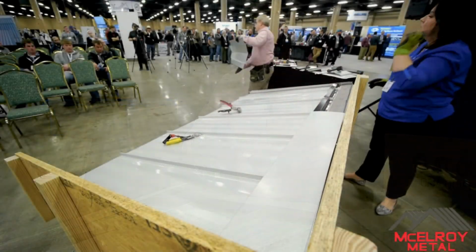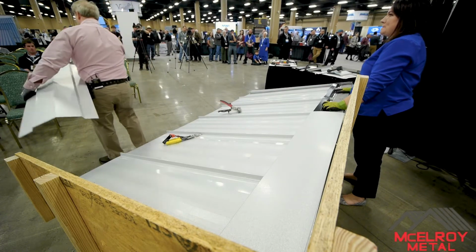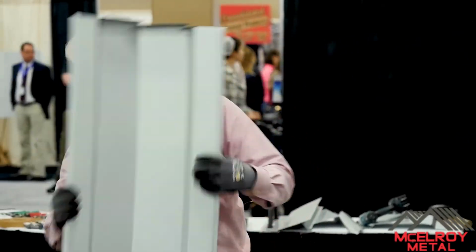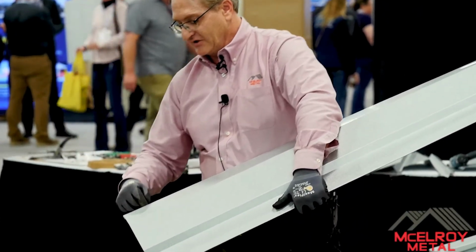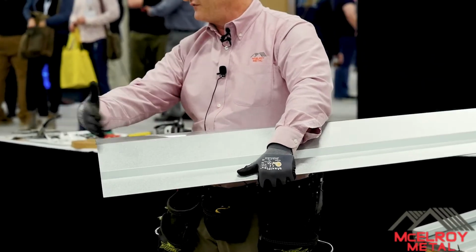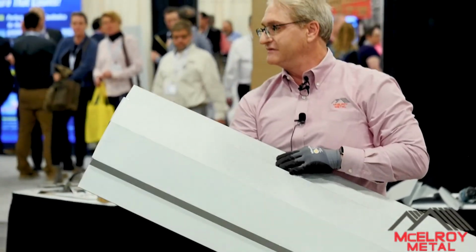Now the ridge cap, we always get this question. What do you do to finish off the edge? I've seen different ways and contractors like their own ways. This is one way that I do it. So this is my profile. I'll make a notch here, notch this out, notch here, notch here, notch here, notch here. And then I actually fold everything in. So that way, I end up with this. Nice and clean. I might put a pop rivet right here to hold everything in place. And then we'll end up